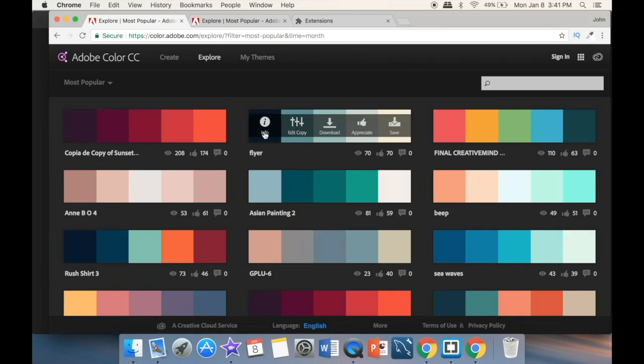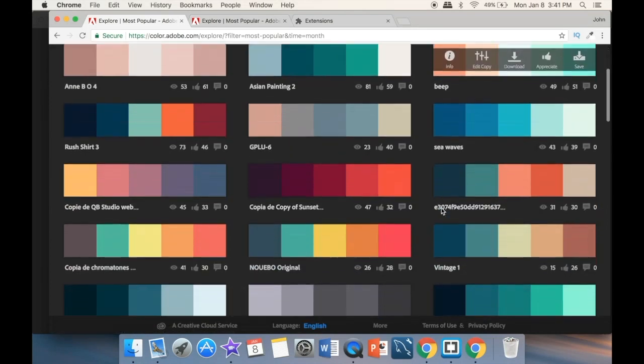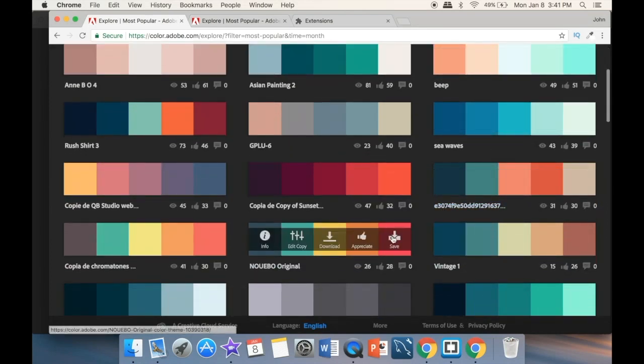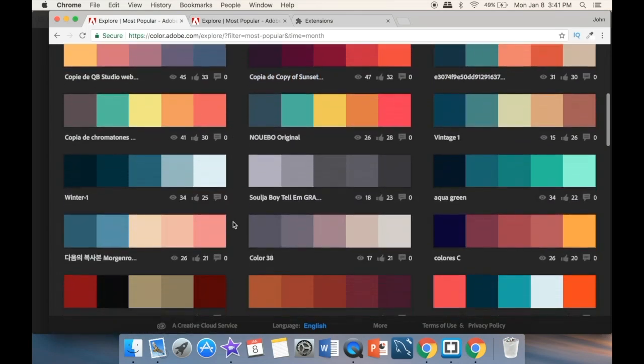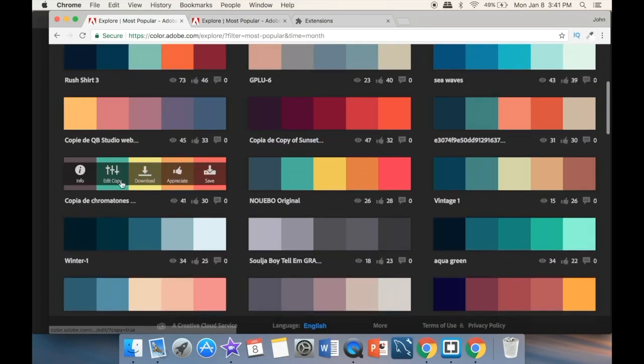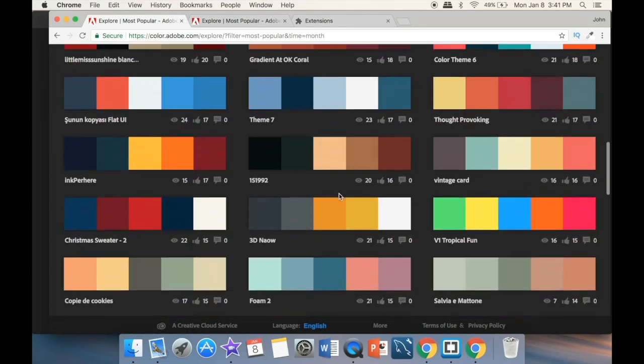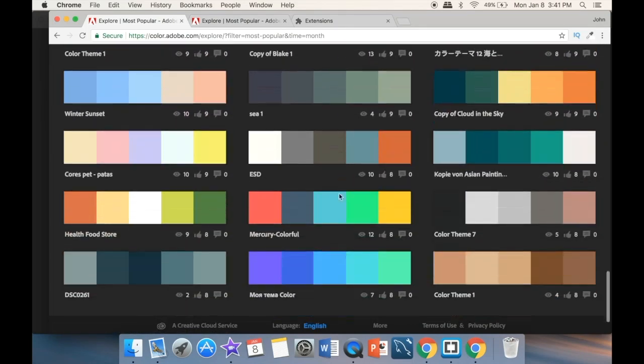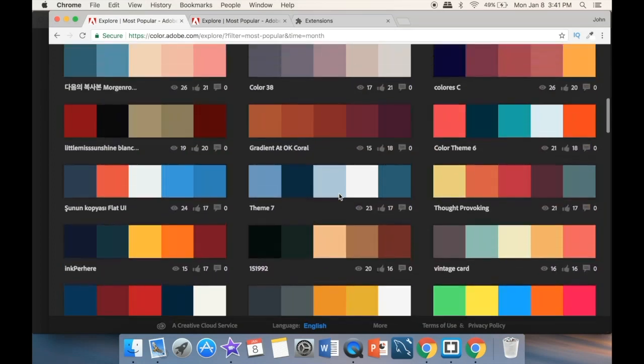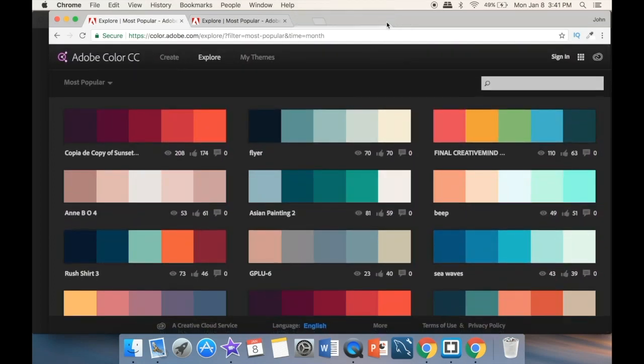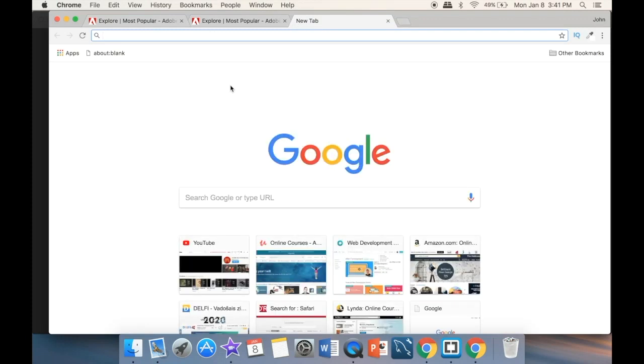You can go to explore, and over here we're getting color options, different colors that work really well together. Very straightforward: save, download, edit, copy. I mean, literally in like 30 seconds, you can get very, very good looking colors together. So if you still want more options, if you're still not happy with something,